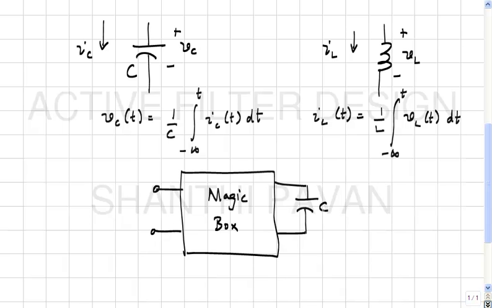And what is the magic box's job? Its job is to take the capacitor voltage and make it look like a current. Okay. So, let me call this I1. I1 must be proportional to V2,